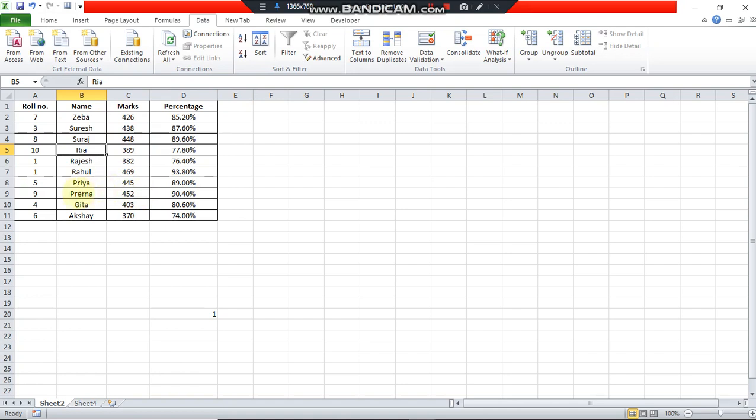Imagine you are running a school with around 1000 or 1500 students, and you want to search for the particulars of a student. It will be a very difficult task. But with the help of Excel, it can be done by using advanced text filter. I'm going to show you how advanced text filter works.